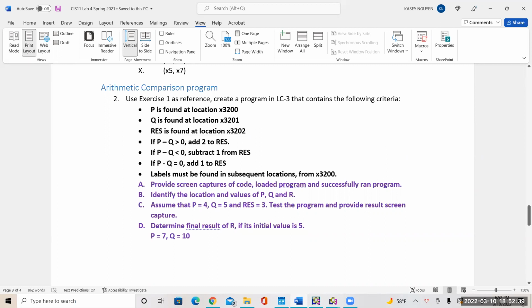And the labels, you can have in the subsequent locations from 3200. However you want to use the additional labels, you can. And we want to test it with 4, 5, and 3. You can set RES at a certain value, because if you take 3 plus 2, you should get a 5. And then if you subtract 1,